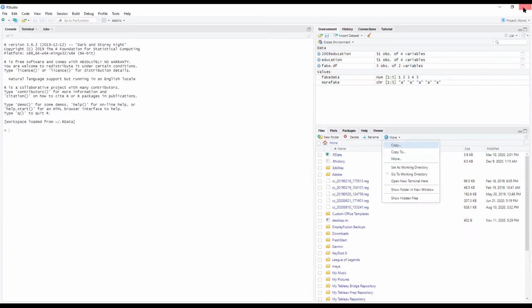Maybe it's easier to just go to wherever you saved your R script file and double click that.